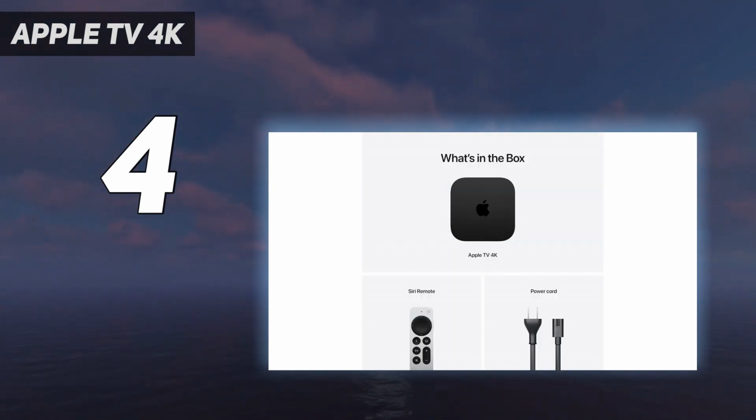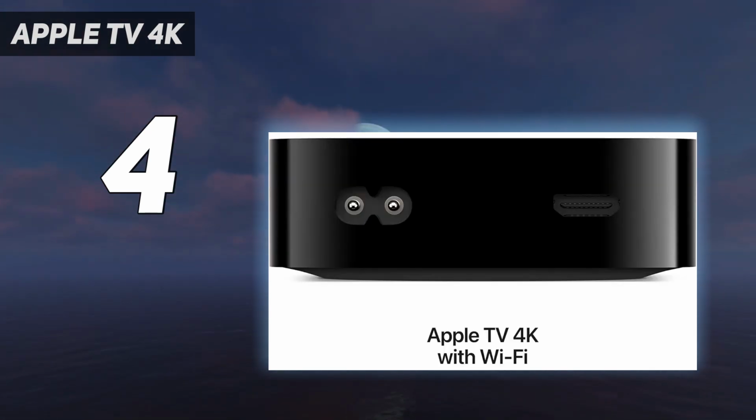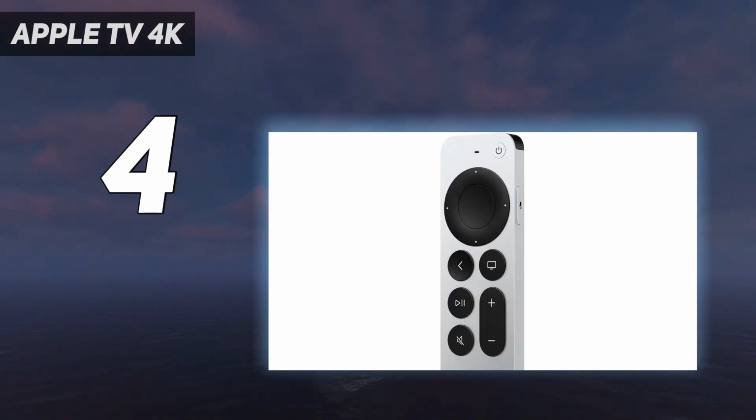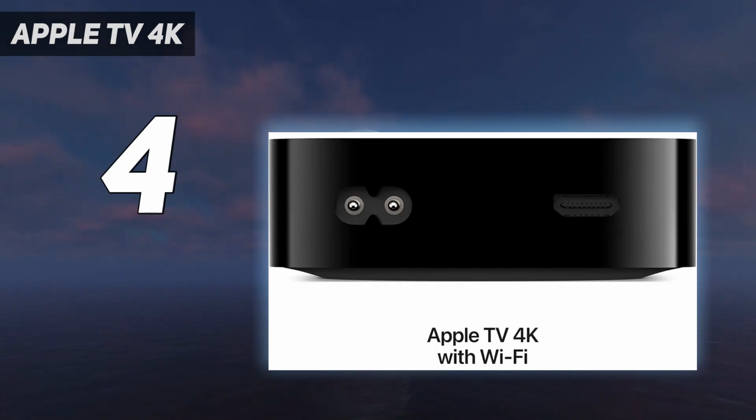Apple's supercharged the Apple TV 4K with the new A15 Bionic system on chip, delivering some of the fastest load times we've seen on any streaming device. For example, it beats the latest Fire TV Cube and Roku Ultra on loading Netflix, YouTube, Disney Plus and Spotify. On top of that, HDR10 Plus finally arrives, if your TV supports it, and the remote finally charges over USB-C and not Lightning. Smart home enthusiasts will be excited for the inclusion of the Thread support for Matter,